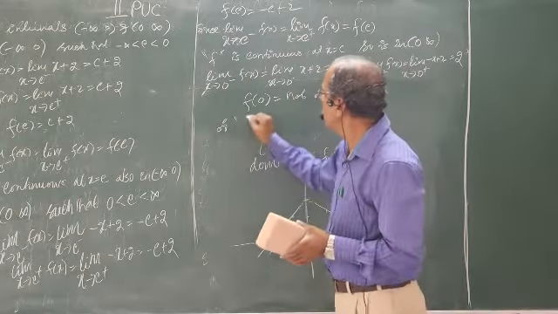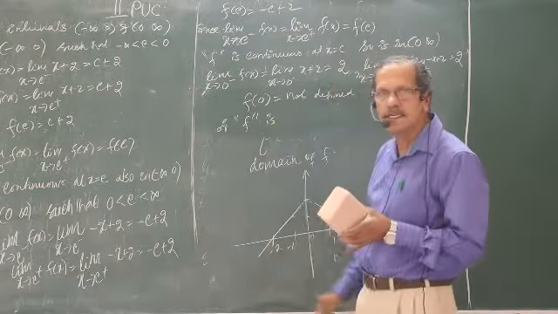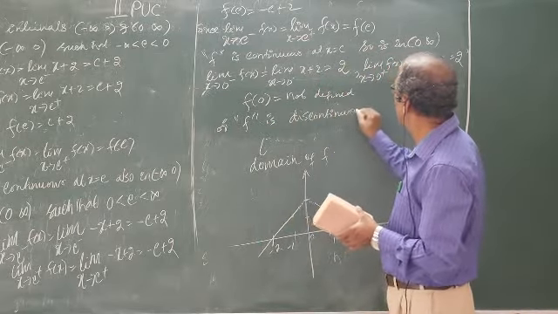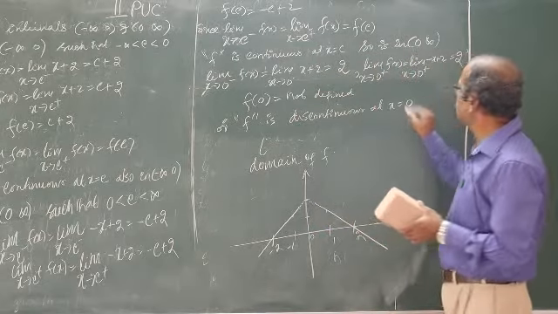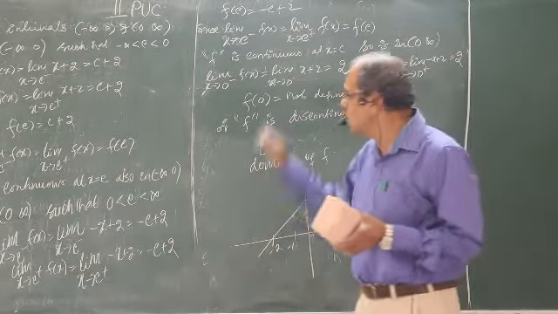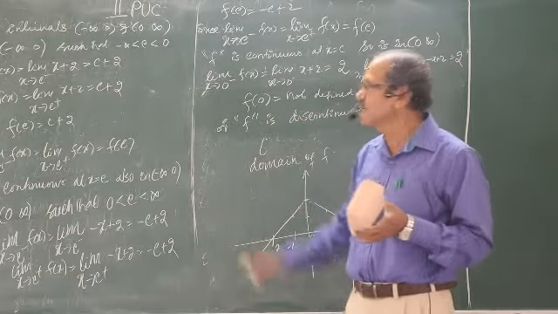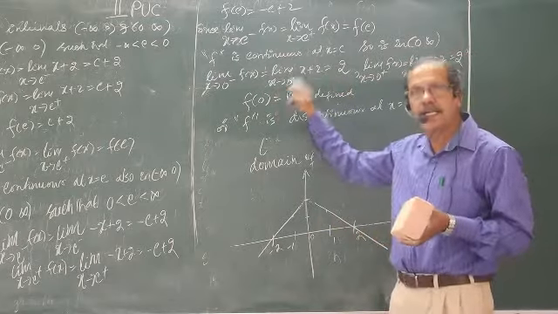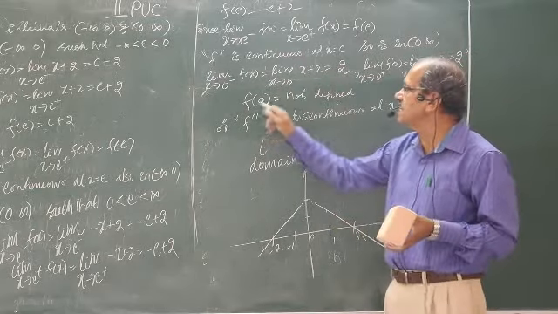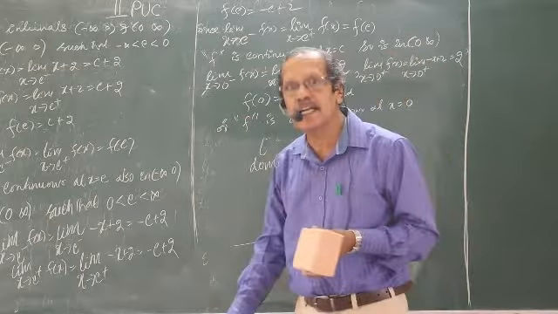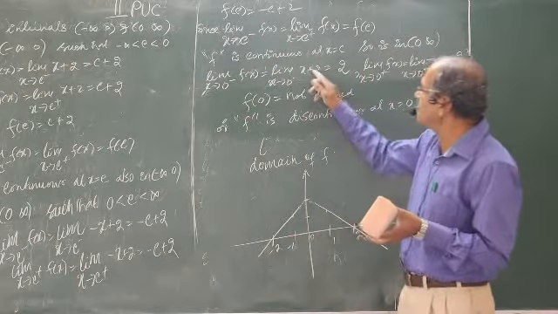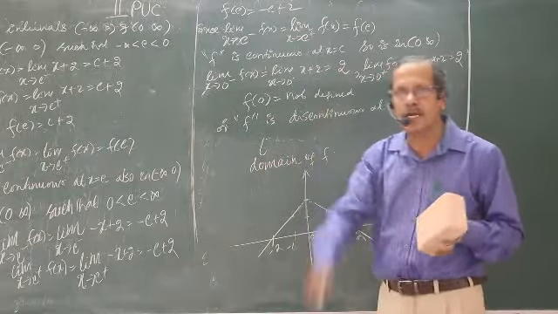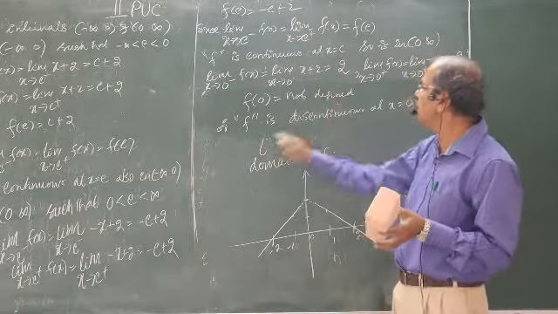Therefore, f is discontinuous at x equal to 0. Have you got the idea clearly? Whether the idea is clear? Even though these two are equal, left hand side, right hand side, the value of the function at x equal to 0 is not defined. See the definition of the function. Therefore, in order to say that the function is continuous, all the three quantities must be equal. So, f of 0 is not defined, so it is discontinuous.